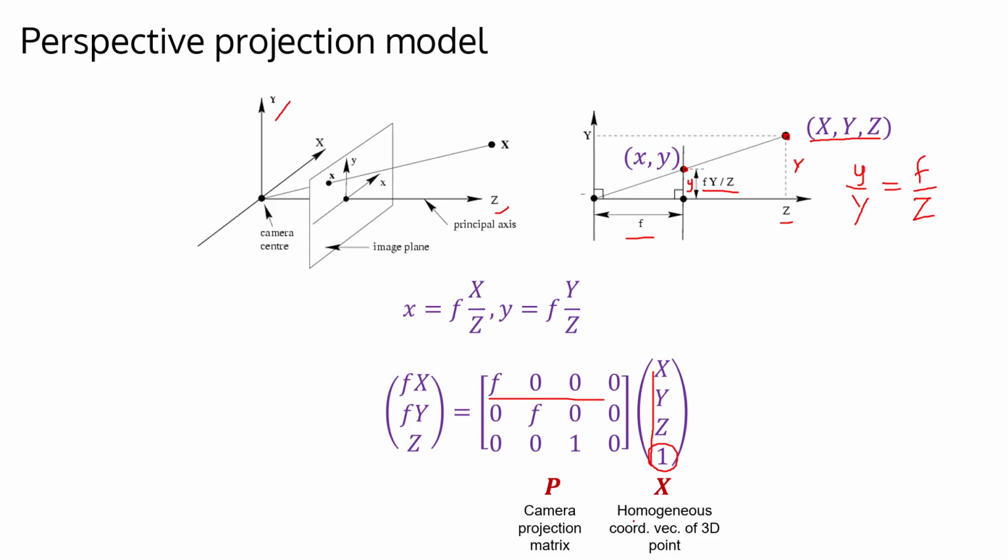These are called homogeneous coordinates, and we don't have to worry about it right now, but just know that by adding 1 to the Cartesian coordinates you get the homogeneous coordinates, and if you get something like this, the third coordinate is some number. To obtain the Cartesian coordinates you divide the two other coordinates by it: fx divided by z is actually the x coordinate,